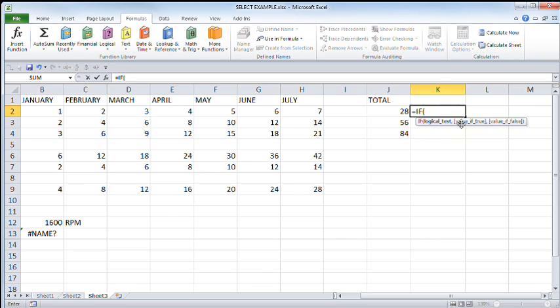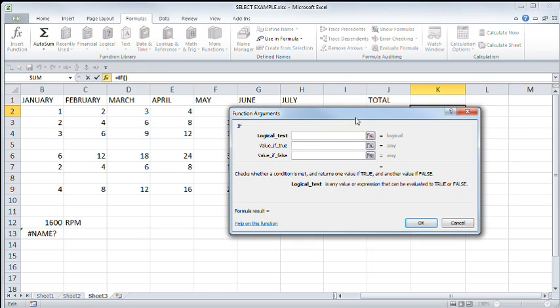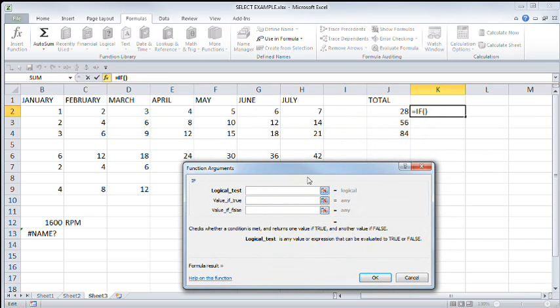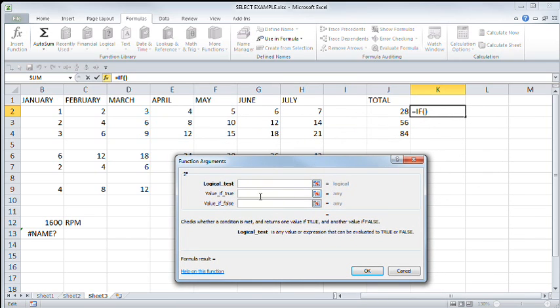So now it knows we want to use this if statement. It gives you a little idea here as to what it's looking for, but I got something even better. Here's this little FX box. Look at that. Here we go. We've got windows that are going to help you work through it and in real time analyze what's going on. So we're going to say, all right, the logical test is I want to see if this is greater than or less than 50. So I'm going to select that data, and if that's greater than 50,